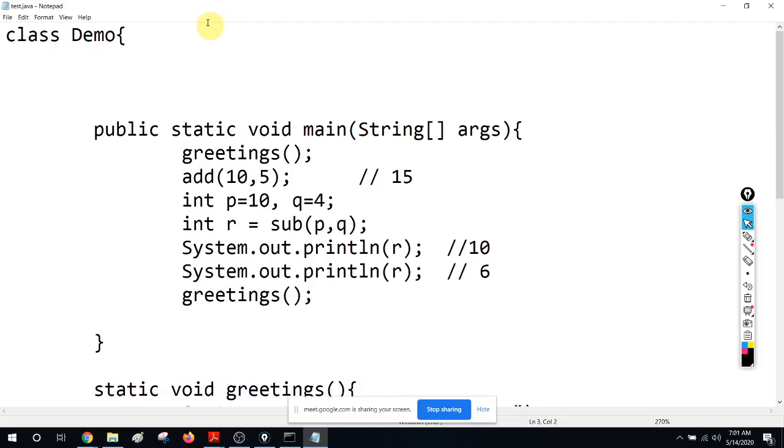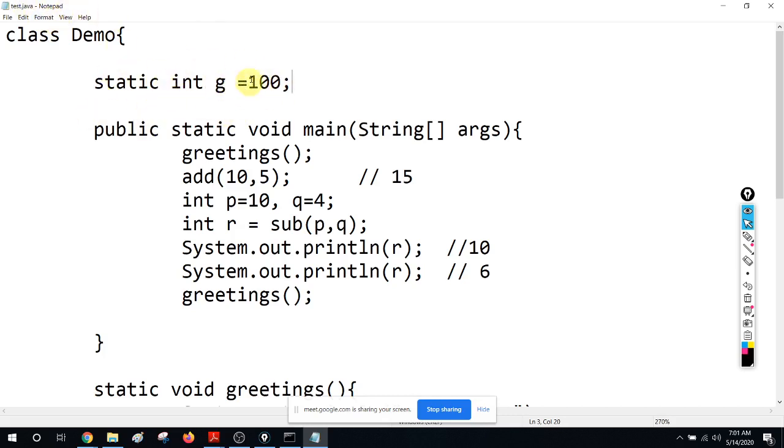So we'll have a global variable here. I'm always using the static keyword, static int, we'll say g, so you can give any name, equal to 100.